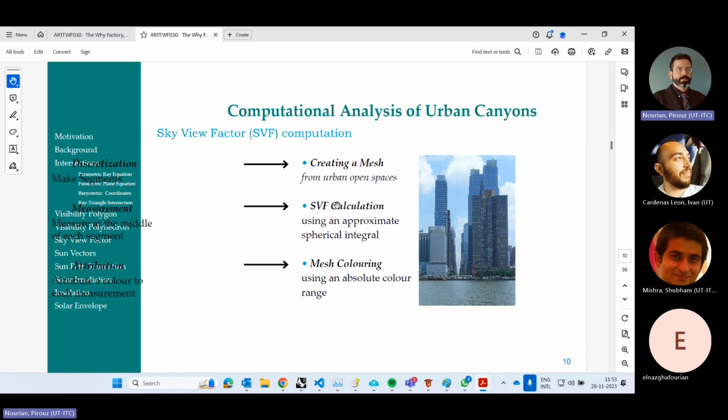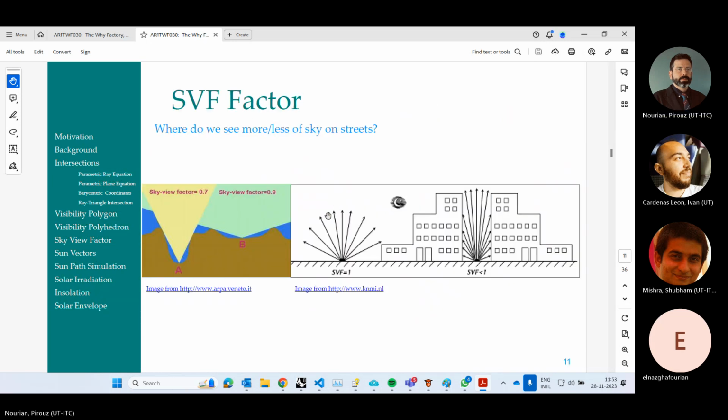So let us focus on how this can be computed. We want to get a number, ideally ranging between 0 and 1, that can indicate such differences. So it should be larger for an area like this valley, and it should be smaller for this area because this sees less of the sky,